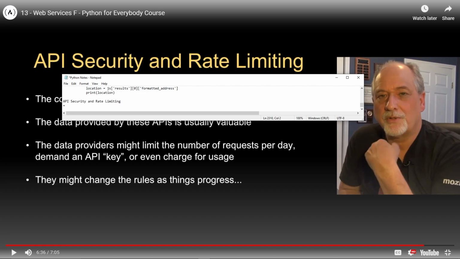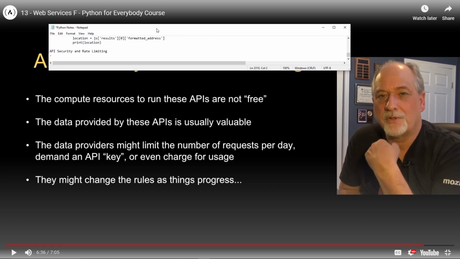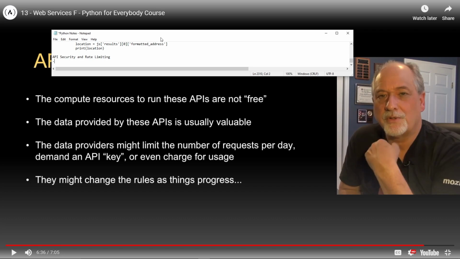All right. What does this say? The compute resources to run these APIs are not free. The data provided by these APIs is usually valuable.